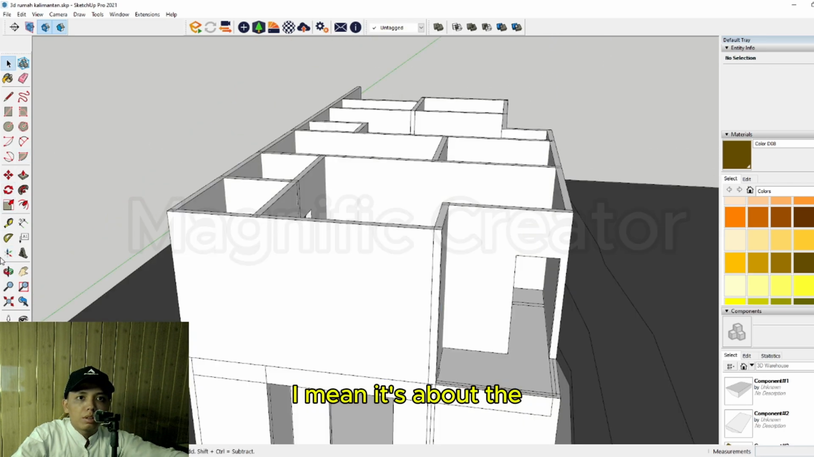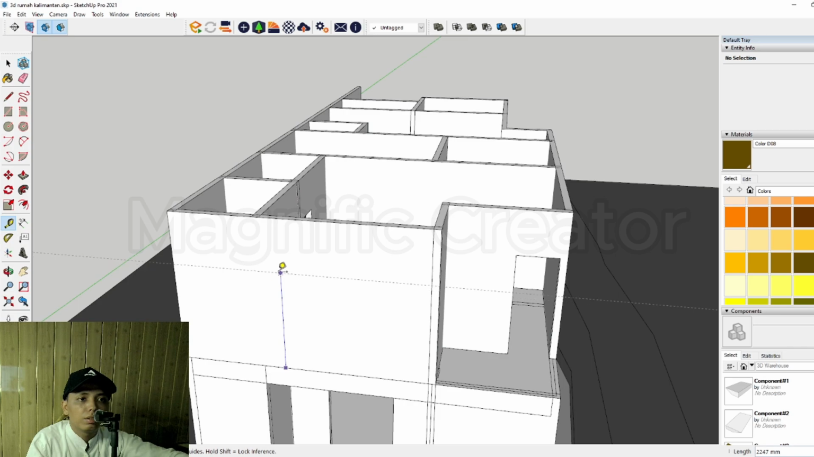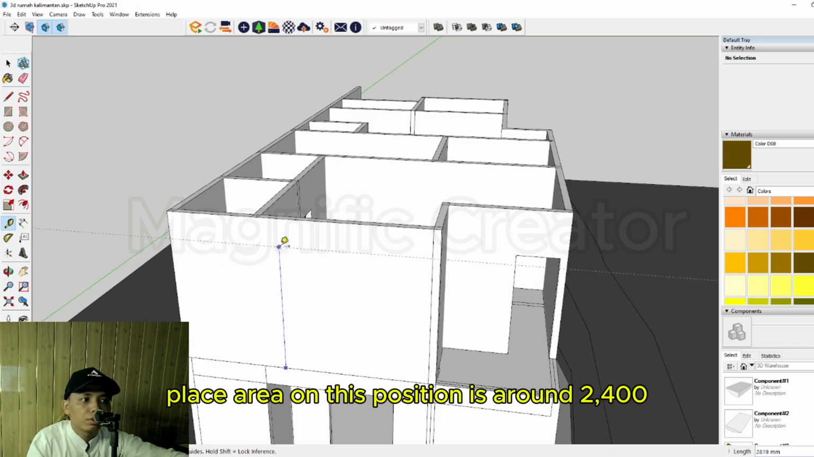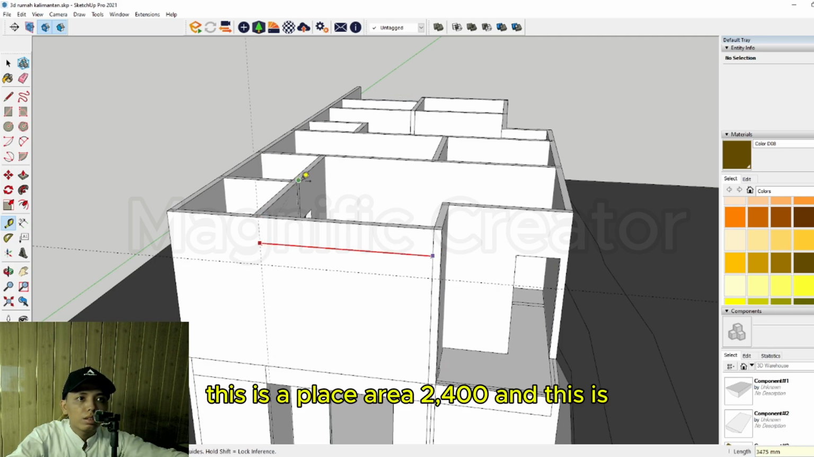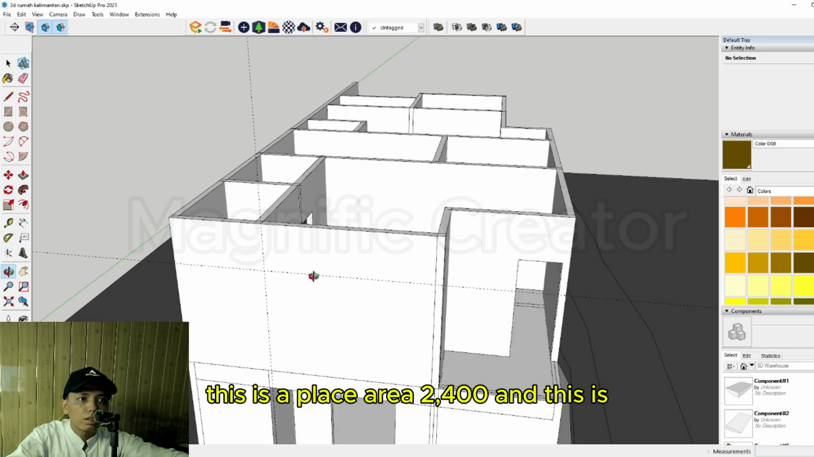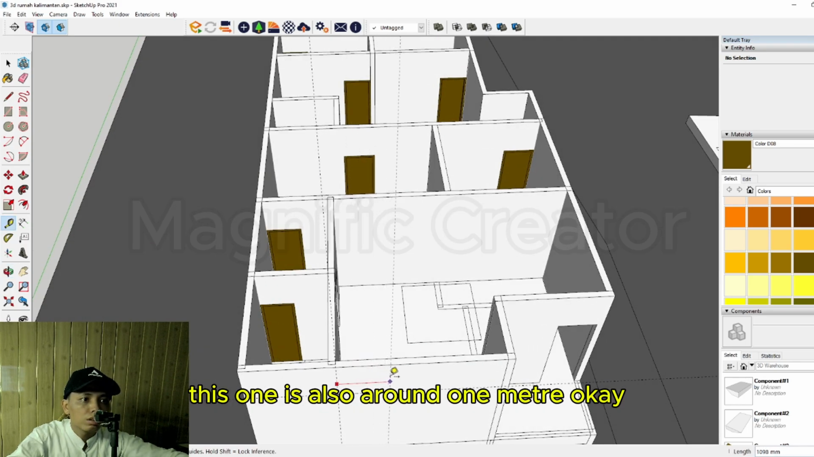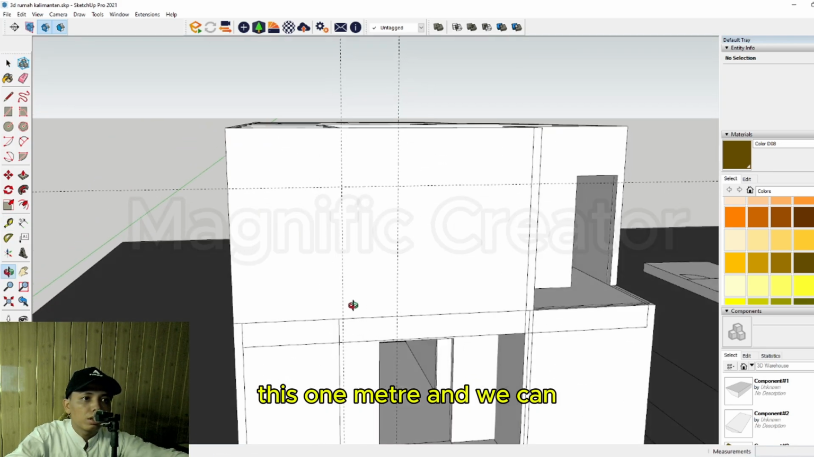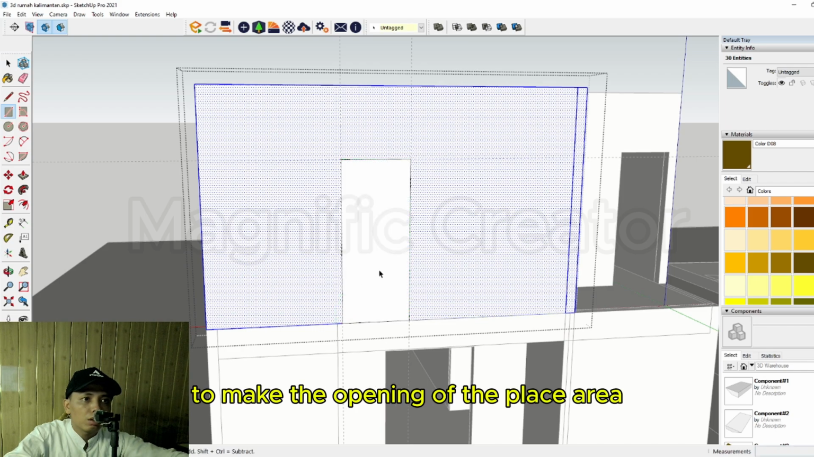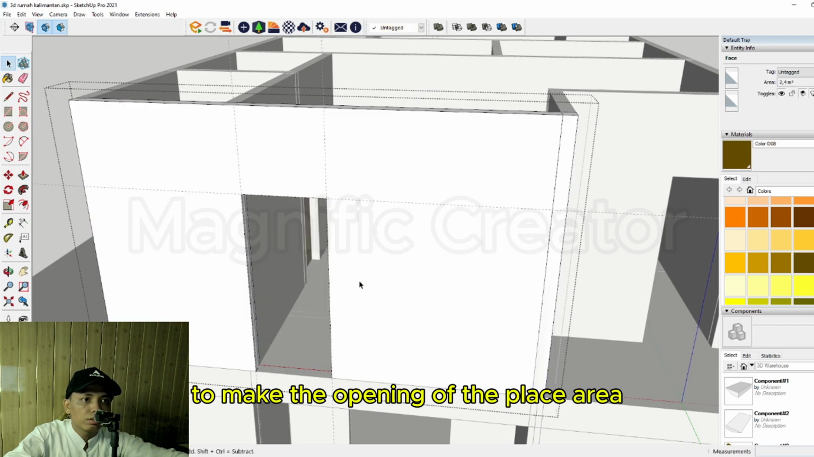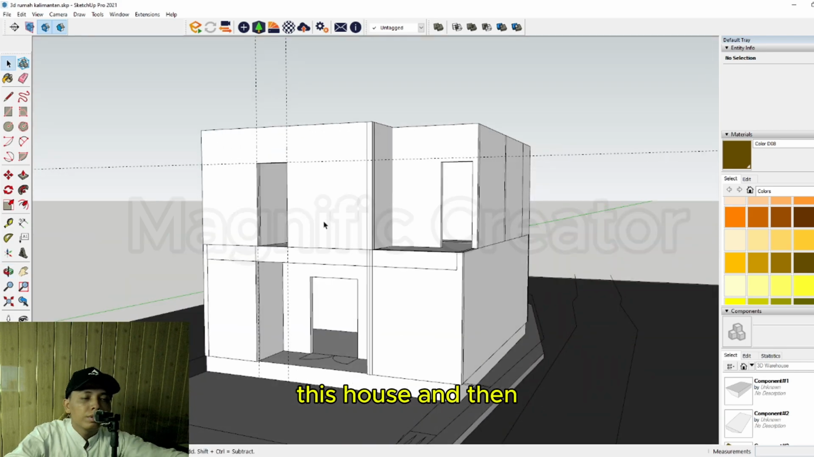I mean it's about the glass area on this position. It's around 2400. This is a glass area 2400, and this one is also around 1 meter. Okay, this is 1 meter, and we can use the rectangle to make the opening of the glass area of this house. And then